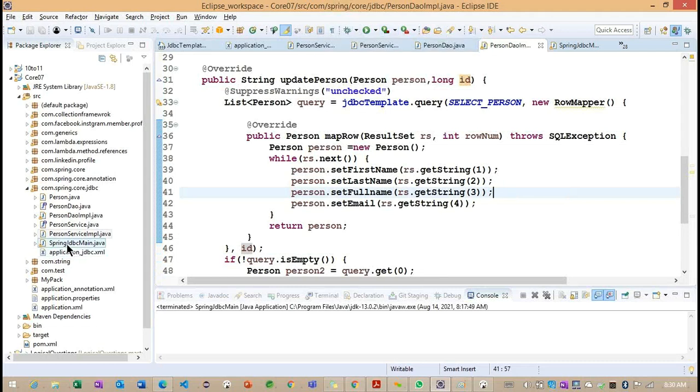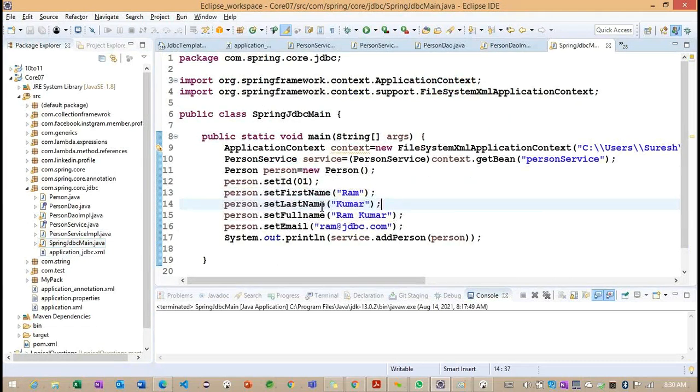So to update the record, first what we can do, we need to go to our main class, and I'm going to keep as G is here. So instead of Ram, what we can do, Spring JDBC and spring@jdbc.com.